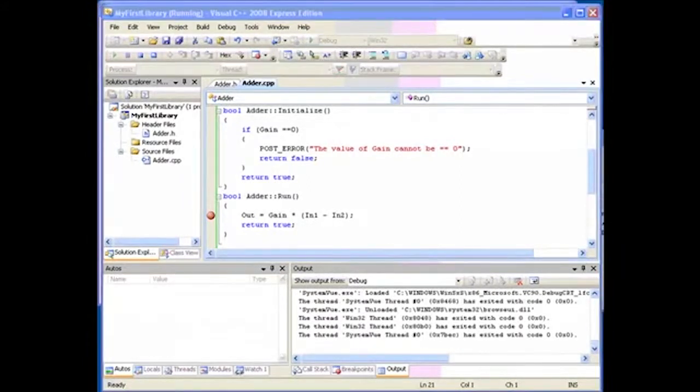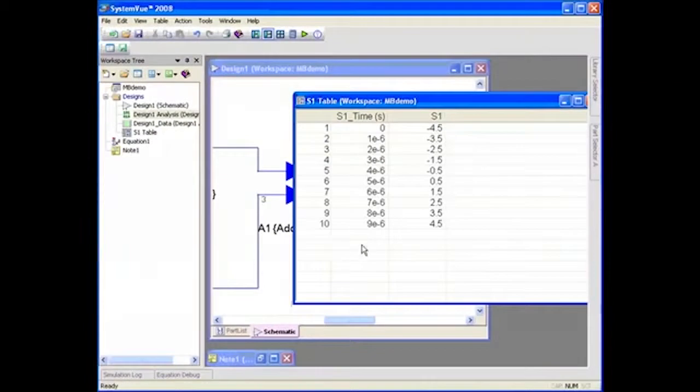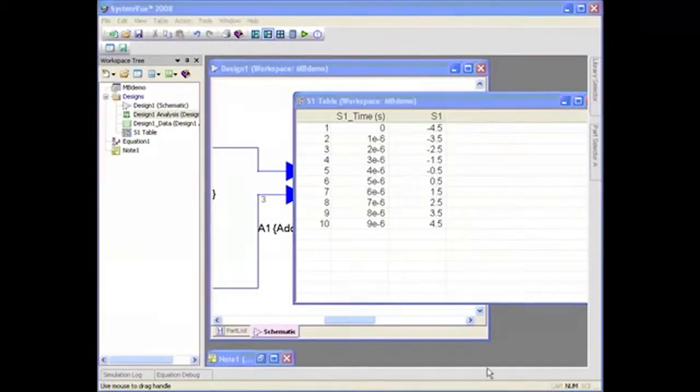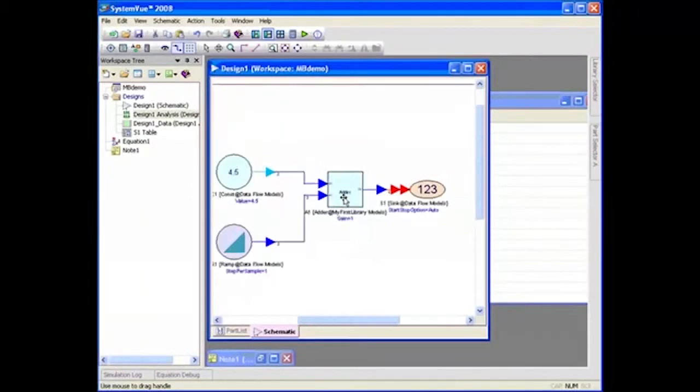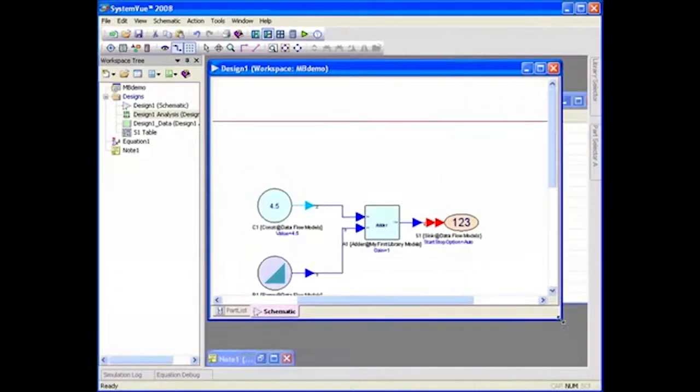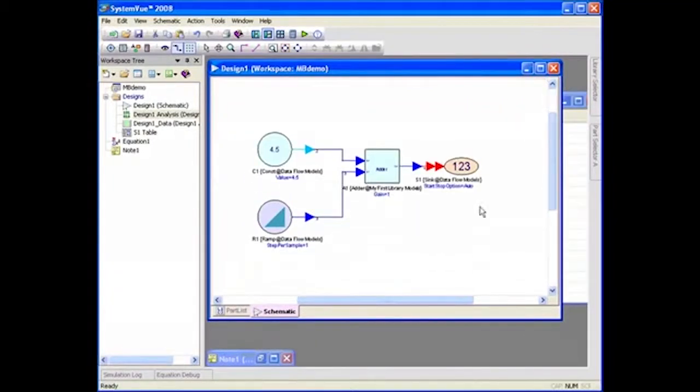When I'm done, SystemVue returns to the user interface. So this is a fairly simple example. This is just a little adder, but it shows how debugging can work for a communications physical error where you may actually be working through a complete modulation example at the RF level, but debugging down at the individual algorithmic